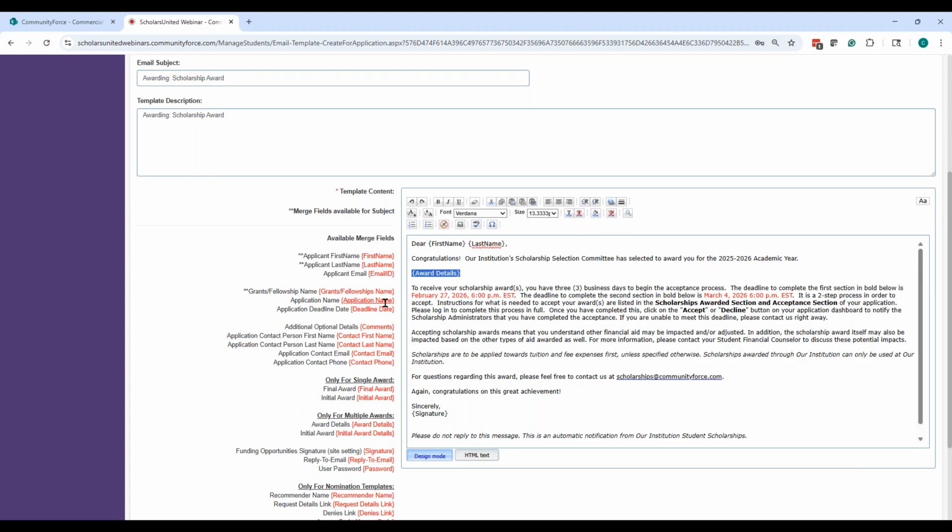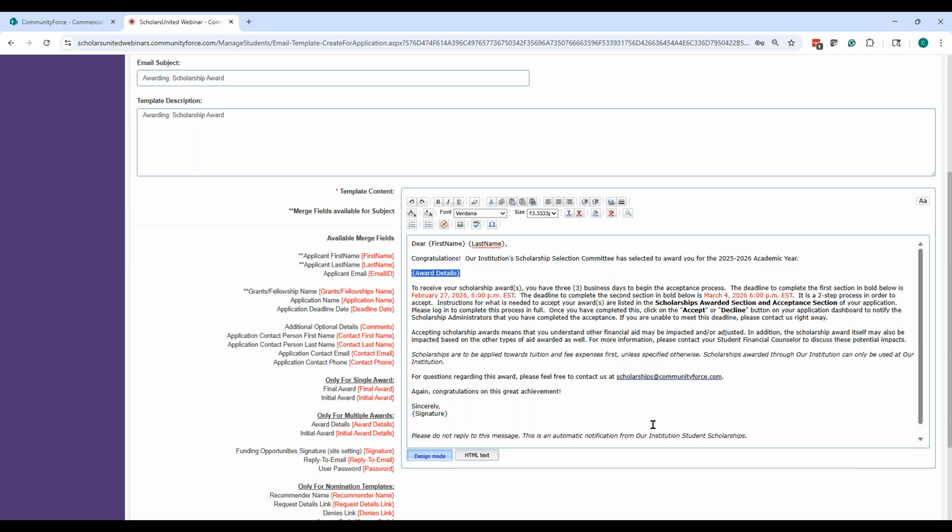And then of course the application is the name of the application. The grants and fellowship name, this is not the name of the one that they've received. This is the name of that posting fund, the name that they saw for the application when they went online to see that posting fund. So don't confuse that thinking, oh, I got to put that in there because she needs to know what she received. The award details is giving her the name of that. Okay, so that's the key ones we wanted to talk about, is making sure you use the award details for the multiple awards, not the single award, and not entering this thinking that's the name of the award that they've been awarded.